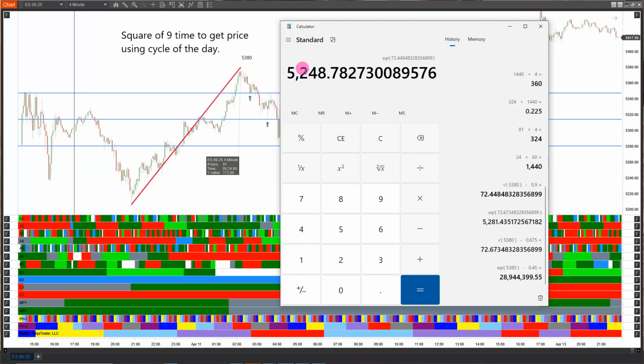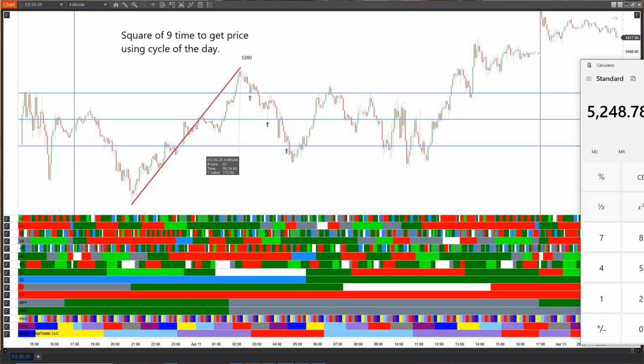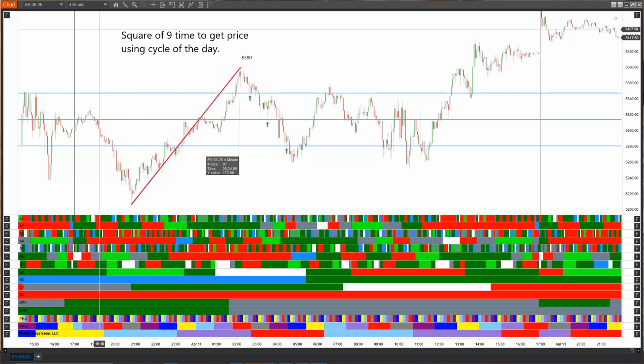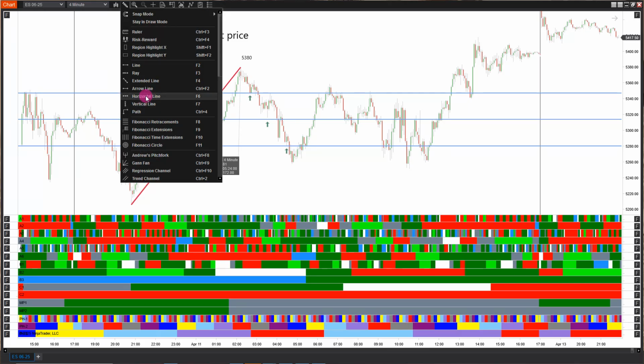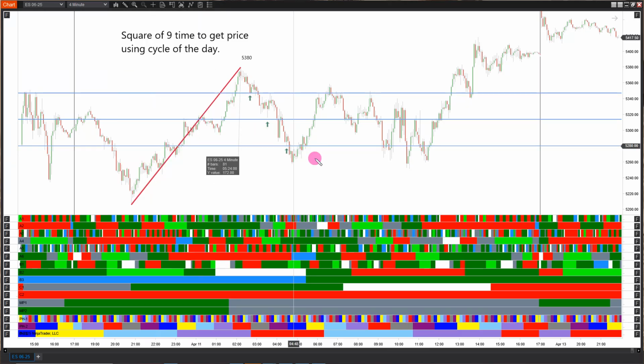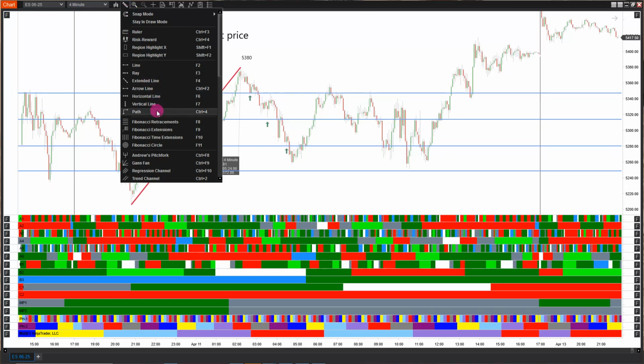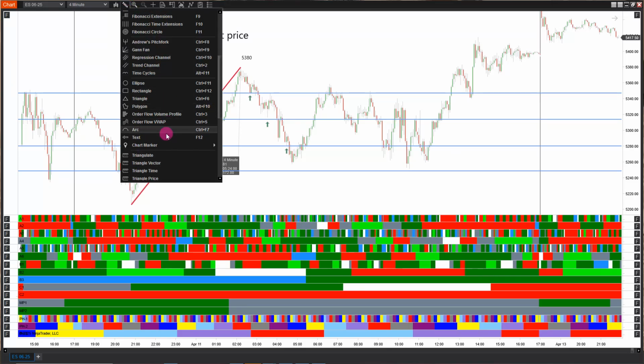Re-square that, and we've got a 52.48.8 target. 52.48.8. There's 52.48.75. Okay, now that particular swing